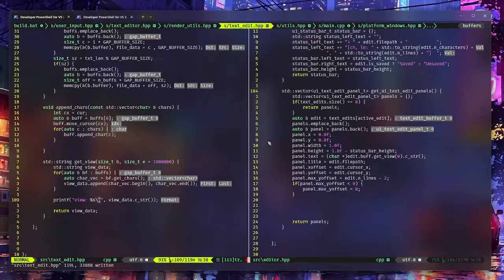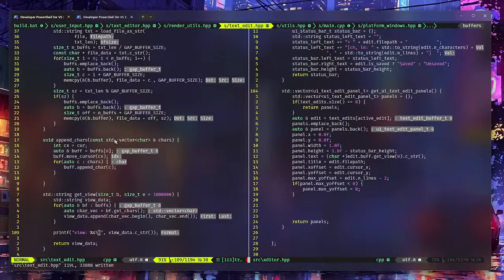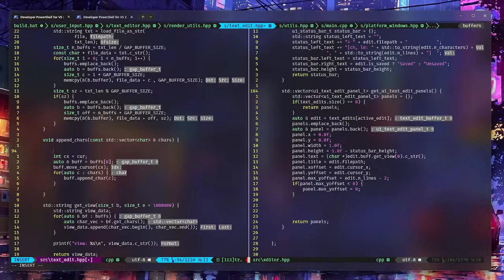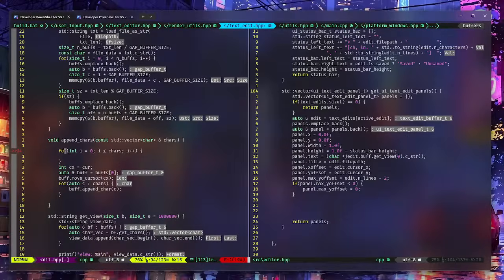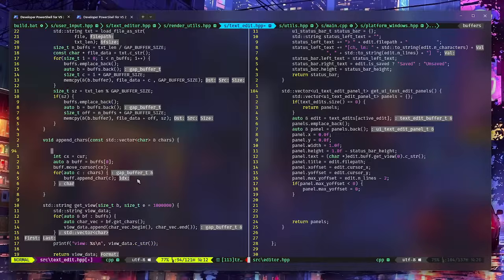So that is the first thing that I want to check. The second thing I want to check is, if this thing is called, we'll get the view. Next thing I want to check is what characters are we appending? So maybe for i equals 0, i less than, yes, equals to... oh, okay, we already have an auto char, right? So